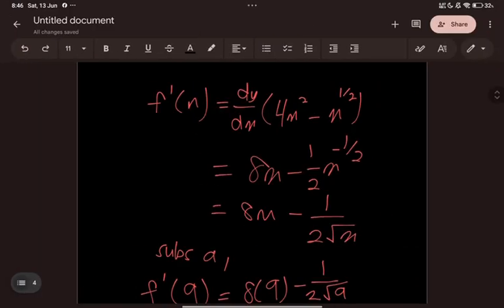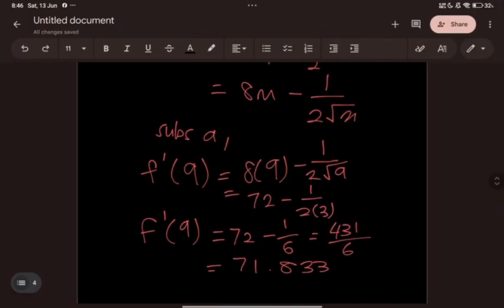And then we will differentiate f(x) with respect to x, which is d/dx of 4x squared minus x^(1/2), equal to 8x minus (1/2)x^(-1/2), and simplified it is equal to 8x minus 1 over 2 square root x. And now we will evaluate the derivative at a equals 9, where we substitute the 9 into the answer, and we will get the final answer, which is